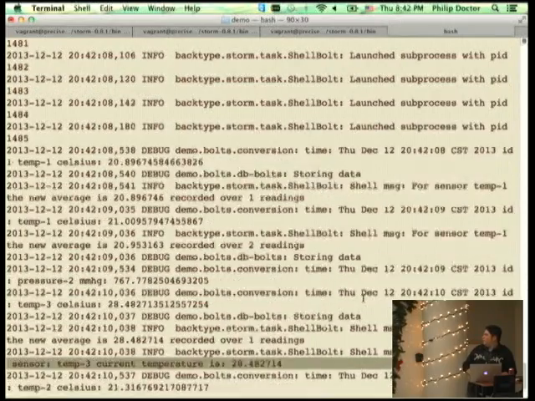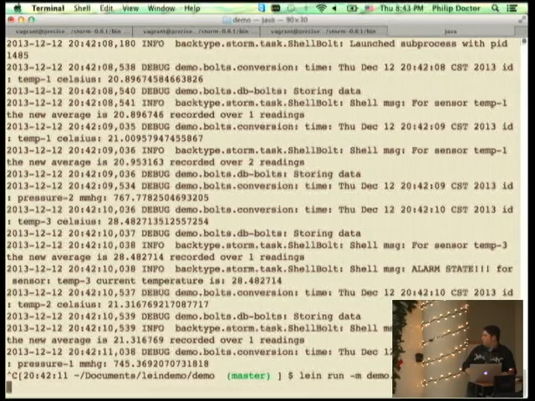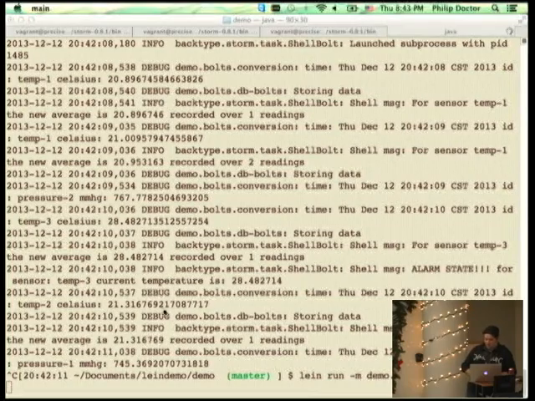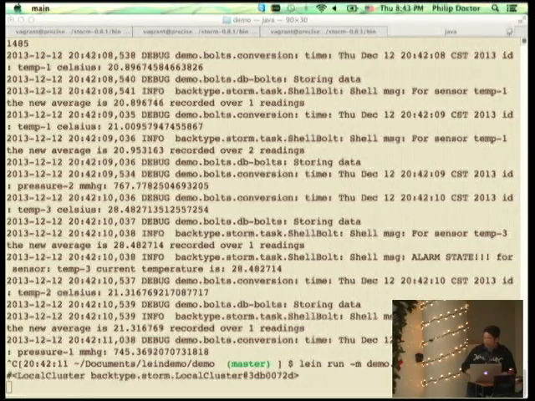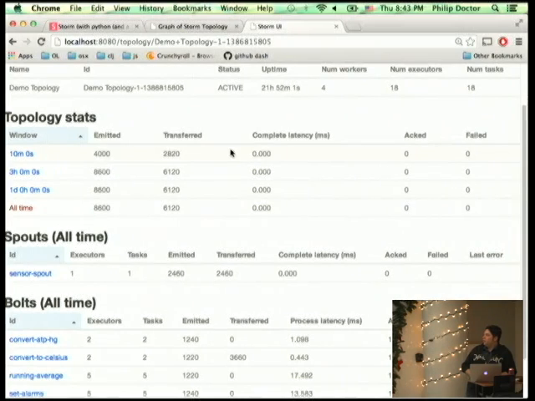Let's see if I can find an average calculation. I might have needed to let it run just a little bit longer to get a better average. I'm going to start it one more time. While that's running, I'm going to show you another super cool thing about Storm, which is how cool it makes your life when it's time to actually deploy. So there's this Storm UI. And hey, that's pretty cool.